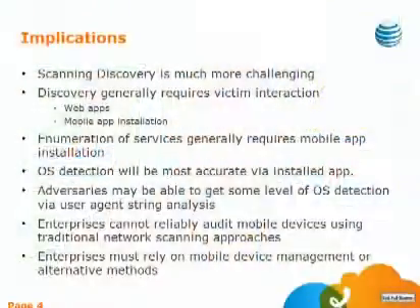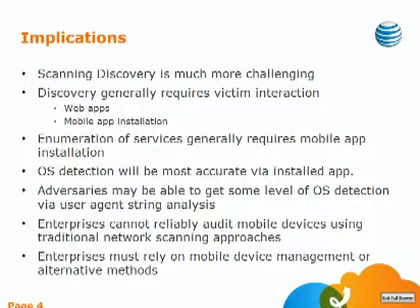So what does this mean? For starters, for attackers trying to discover handsets, it's much more challenging to use Nmap methods. To do any kind of discovery will require victim interaction. So I have to somehow phish my victim, get them to view a web application, or convince them to install a mobile application. Enumerating services on the mobile device: usually you run Nmap and you see, I got port 22 open, port 80 open, et cetera. Obviously, Nmap is not going to be in play here. You generally cannot do that with a mobile or a web application.